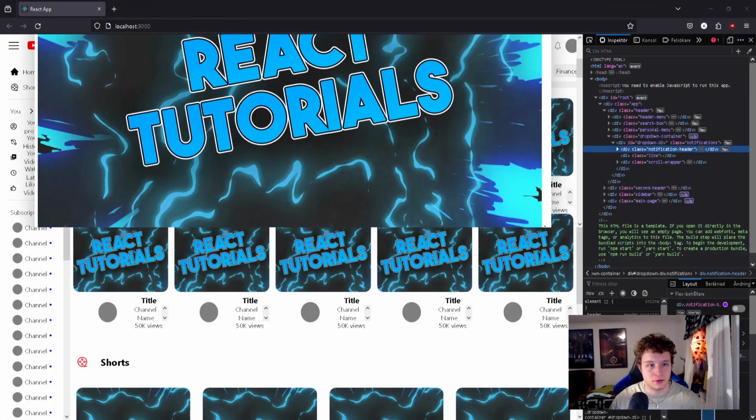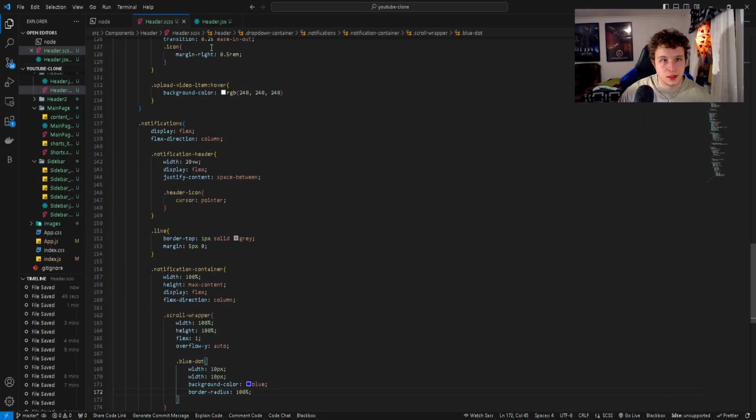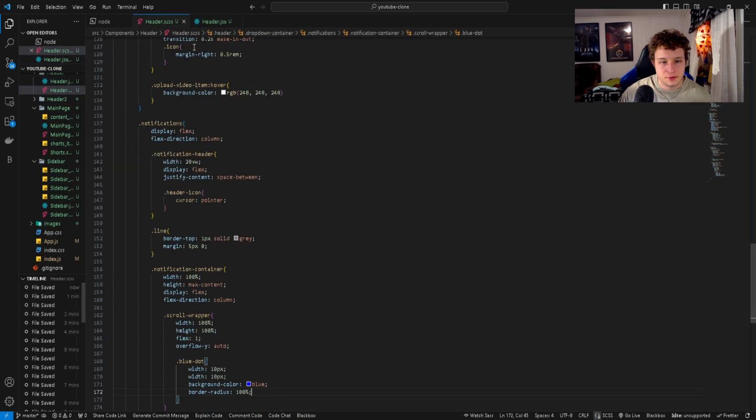So if we go and check out our browser right now, you guys will probably see a blue dot. We might not have included that. That's pretty weird. Let's go and check here. Header. We have in fact blue dot here with a class name. So that's pretty much